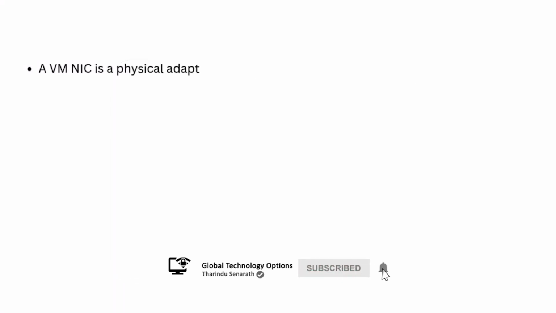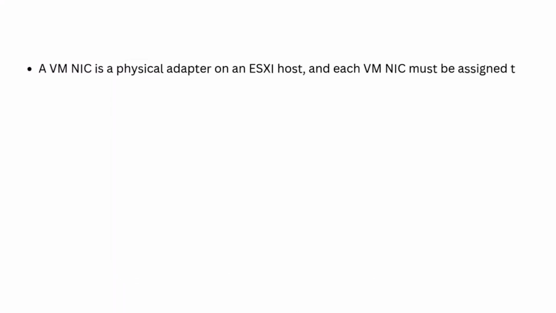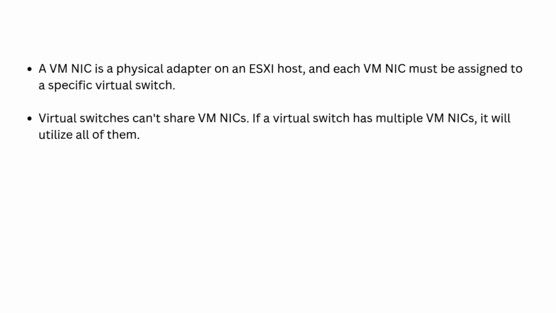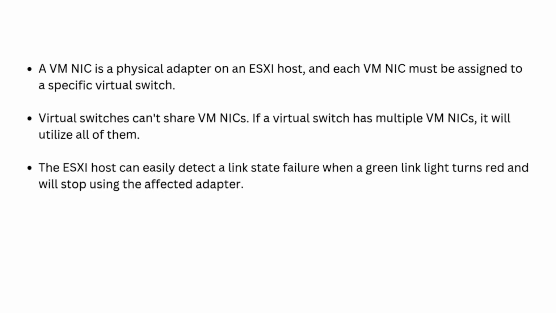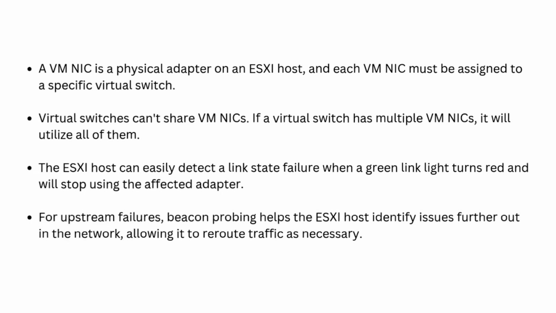Let's recap what we've learned today. A VMNIC is a physical adapter on an ESXi host, and each VMNIC must be assigned to a specific virtual switch. Virtual switches can't share VMNICs. If a virtual switch has multiple VMNICs, it will utilize all of them. The ESXi host can easily detect a link state failure when a green link light turns red and will stop using the affected adapter. For upstream failures, beacon probing helps the ESXi host identify issues further out in the network, allowing it to reroute traffic as